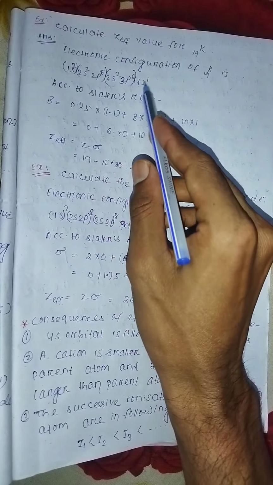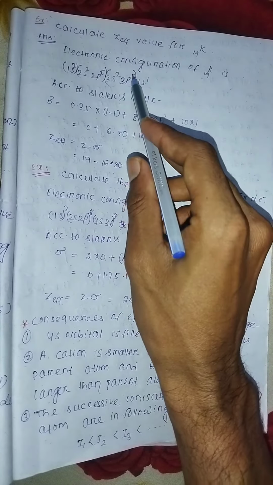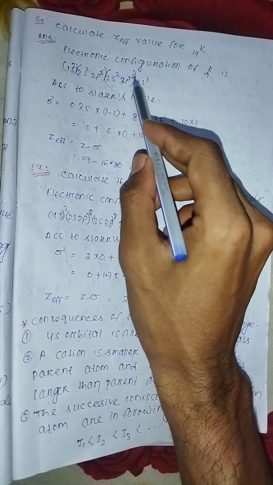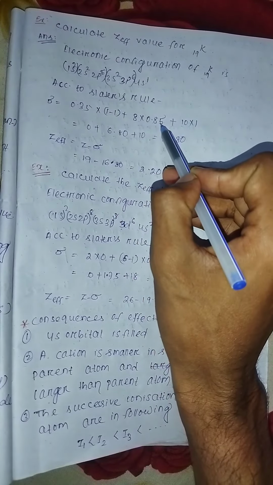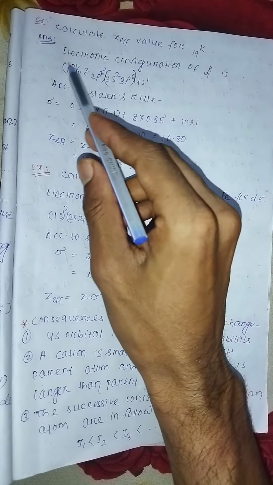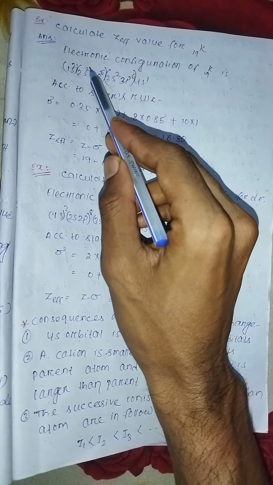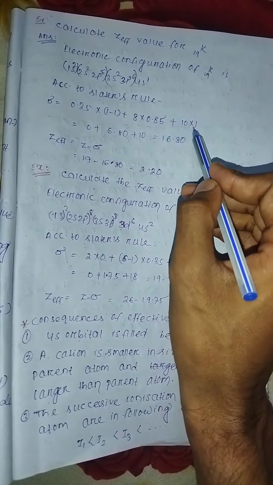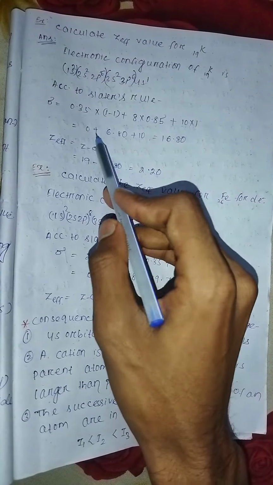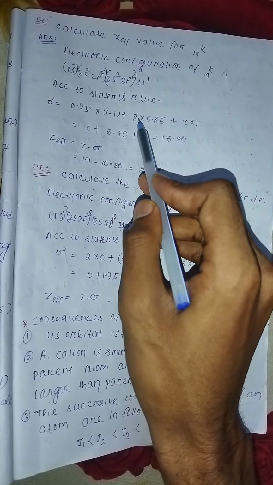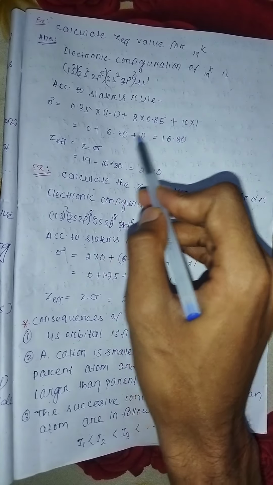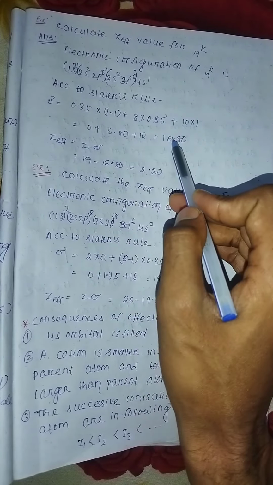So 0.35 into 1 minus 1, then the next inner shell is into 0.85, 6 plus 2 is 8, so 8 into 0.85. After that, all the inner electrons into 1, 6 plus 2 plus 2 is 10, so 10 into 1 contribution. So this is 0.35 into 0, 8 into 0.85 equals 6.80, 10 into 1 is 10, so it comes out